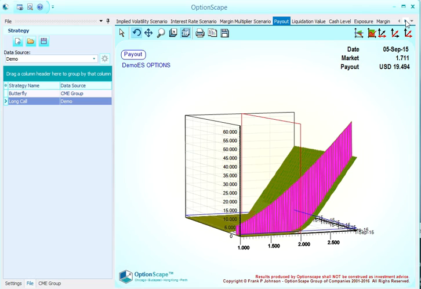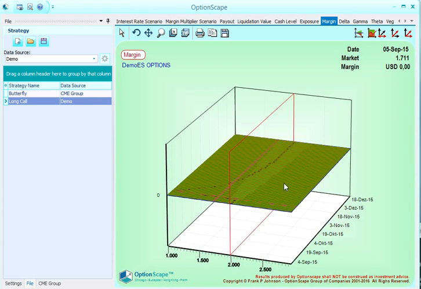Another nice tool, not for the long call, but for other strategies, is the margining. Because in the long call we have paid already the maximum loss. There's only a flat area, but when you have net short positions, it shows you nicely what will be the margin calculation. You see in addition this area which shows you, by a given confidence level, the area where there's the highest probability that the price will be in. We go now to the delta,